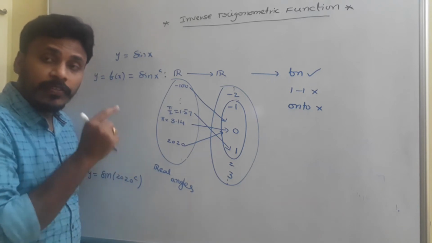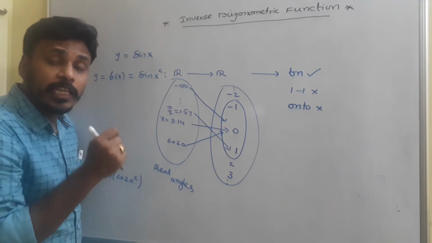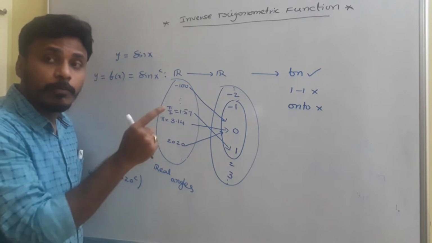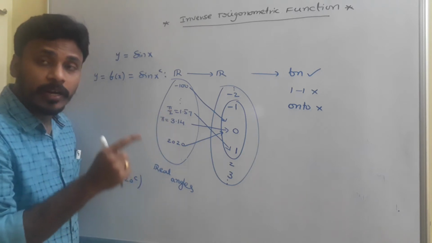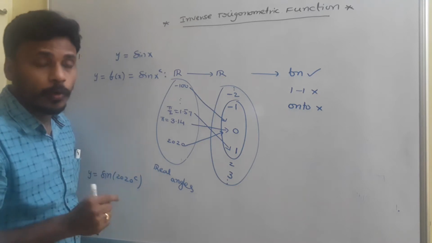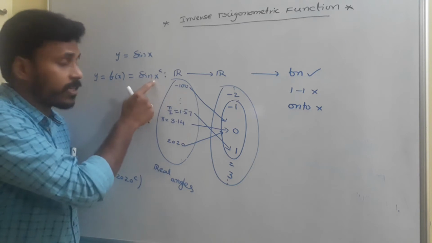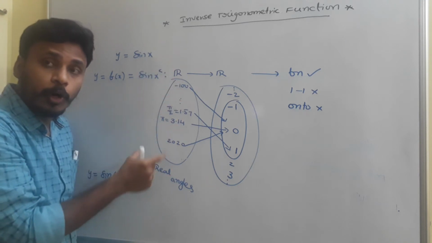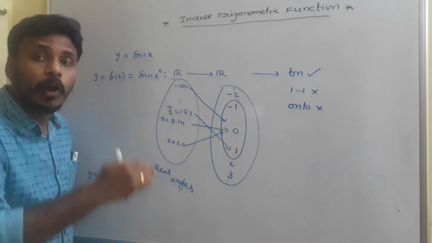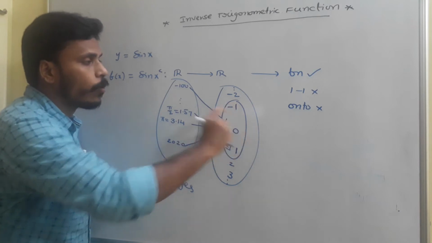We know that, right? The range of sin x is from minus 1 to 1. You just give any number to this x, for sure the result is in between minus 1 and 1. We learnt it already from trigonometry. So all these infinite real numbers are possible as inputs for the function sin x. But the outputs for all those infinite real numbers are just in between minus 1 and 1.